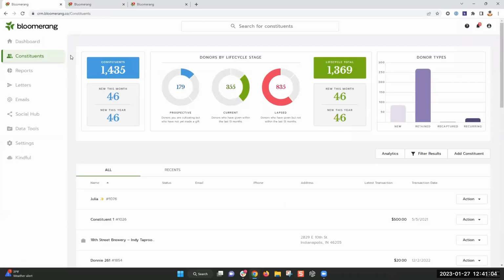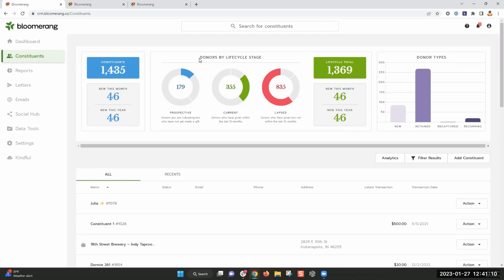So I mentioned this a little bit earlier. You can filter based on the Bloomerang donor groups. That's based on the life cycle stage, as well as the donor types. So this is something automatic that Bloomerang picks up for you. If someone is a prospective donor, so they're cultivating, but have not yet made a first gift, they're a current donor, they've given within the last 13 months, or they've lapsed.